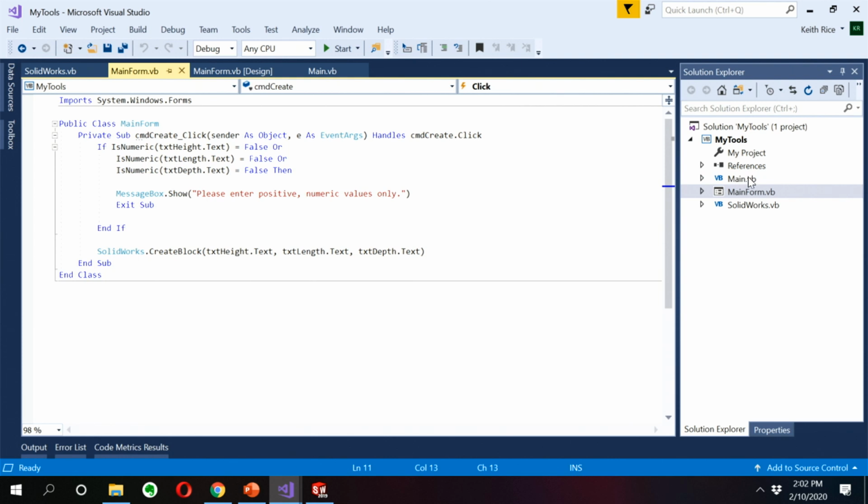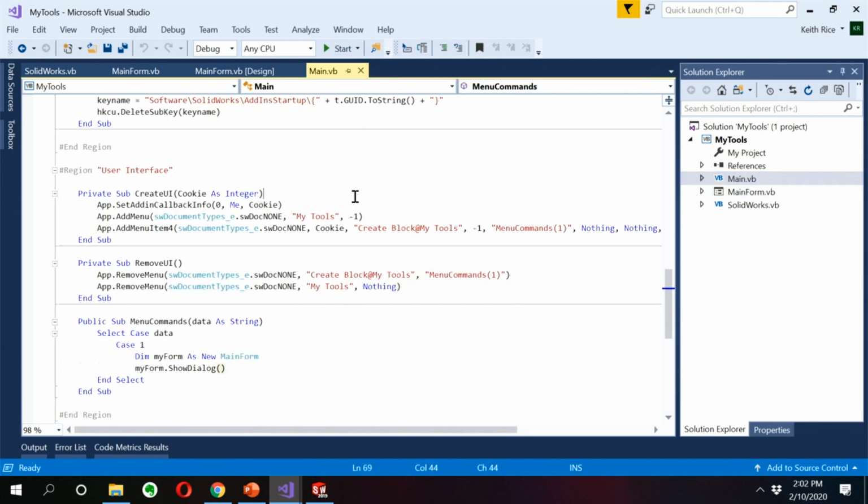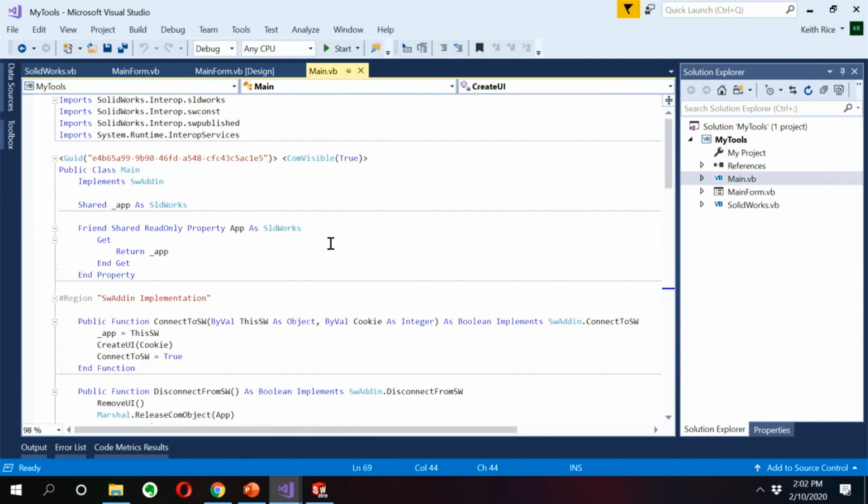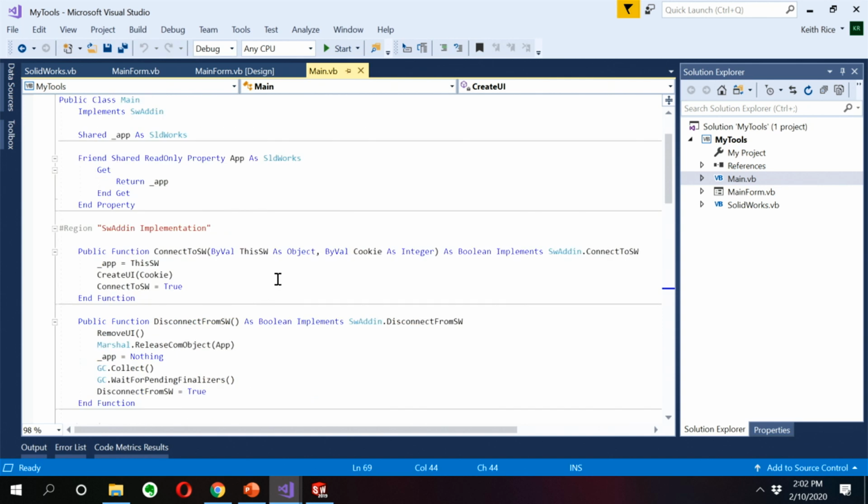So here's the big difference though. This main, this was not in the standalone. In that standalone I showed you, which was a Windows Forms application, as soon as we ran it, it opened a Windows form. This is not going to open a Windows form right away. Instead, this function is going to run as soon as SolidWorks attempts to load the add-in. And this is basically a handshake with SolidWorks, saying, I see you, you see me, we can talk to one another. So this function, ConnectToSW, and this other function, DisconnectFromSW,